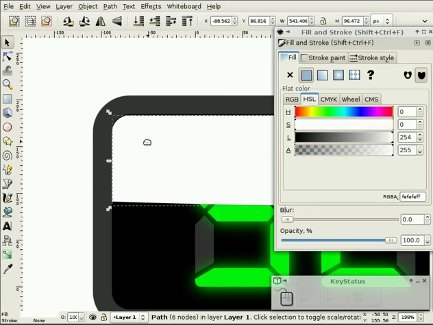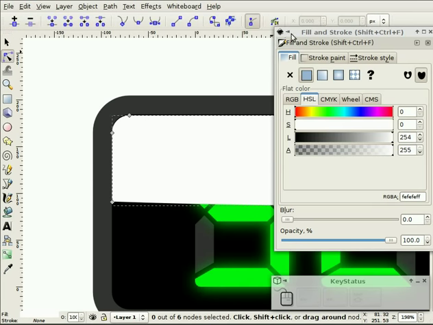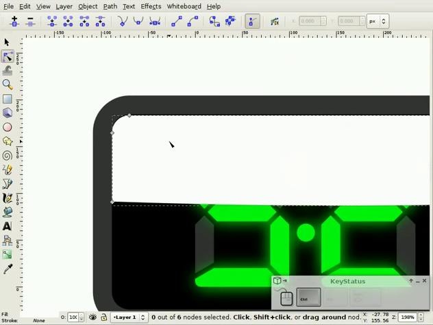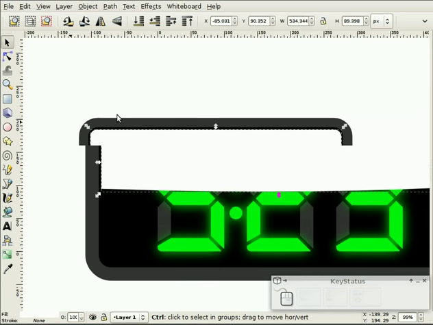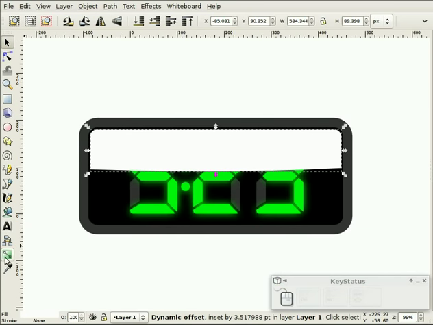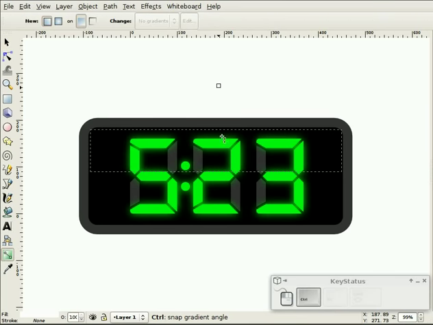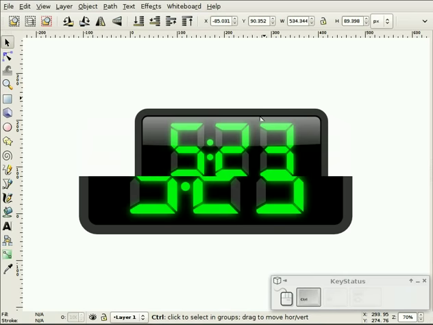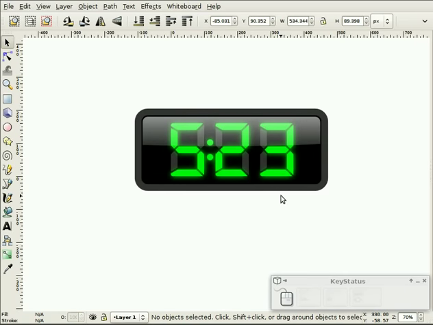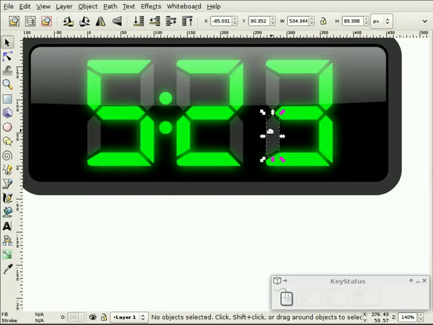And again, I'll double click it, hit Control J to do a dynamic offset. We'll just pull it in a little bit. Okay, and now once that's selected, I can hit the gradient tool, create something like that. Okay, now if this is still, these gray pieces to me are still a little too